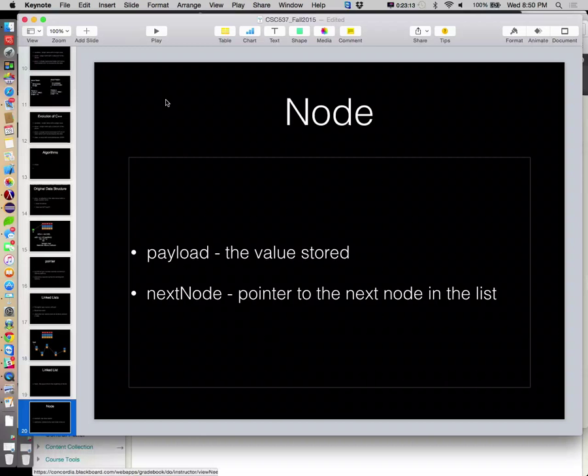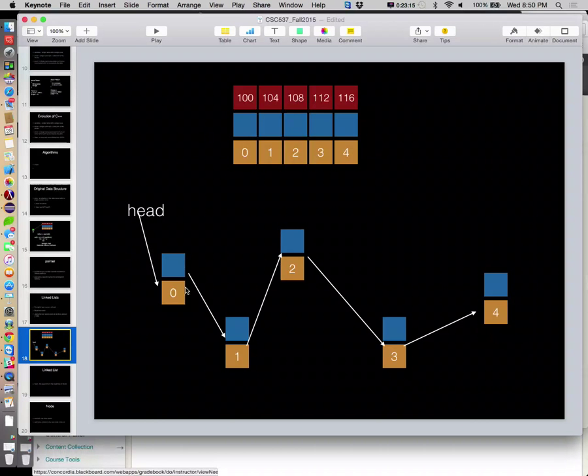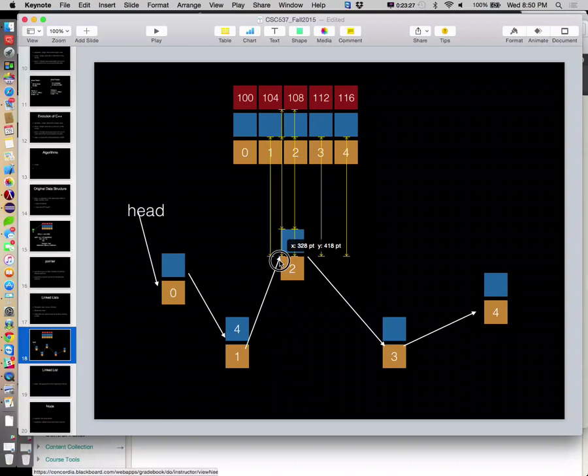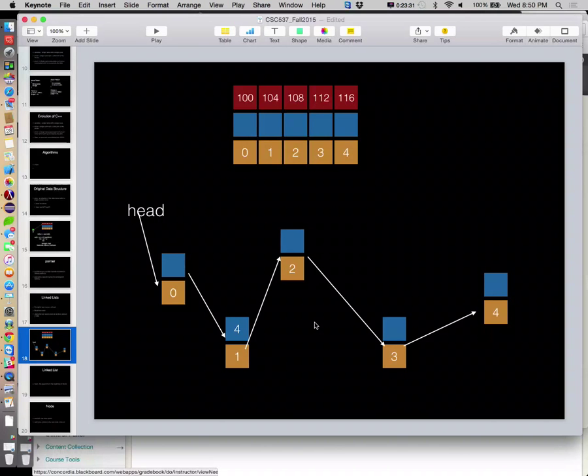So this node holds a value. Maybe the value here is 4. That's his payload. And he has a next node that is a pointer to the next one in the list. So in a linked list, we have a bunch of nodes hooked together through node pointers.